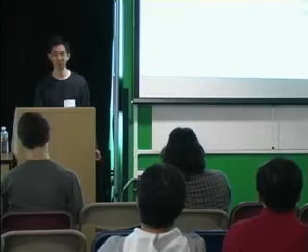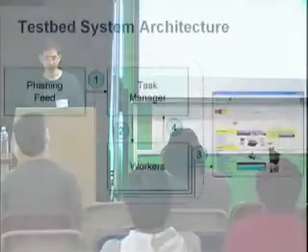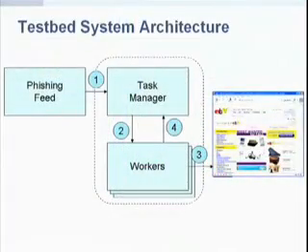Actually, I don't know if it has a URL yet, but you can get a copy of it if you want. So roughly speaking, here's the architecture. We take a phishing feed, again, either from APWG or from fishtank.com. It gets sent to a task manager. The role of a task manager is just to delegate all the URLs to a specific web browser with a specific toolbar inside of it, and also aggregate all the statistics. It sends the URLs to various workers. Each worker is responsible for a single web browser and a single kind of toolbar.